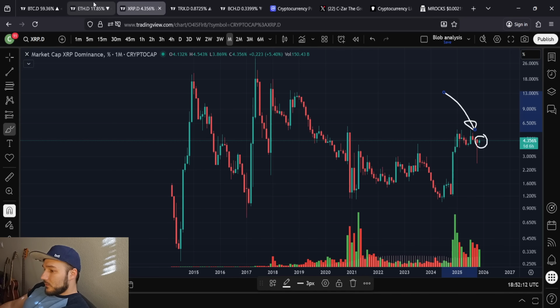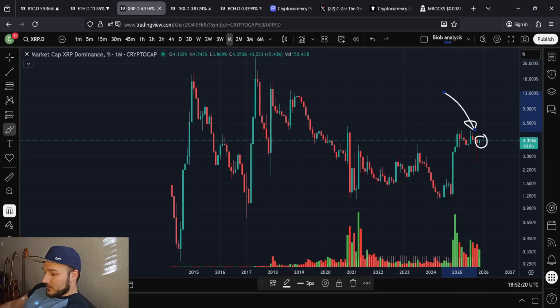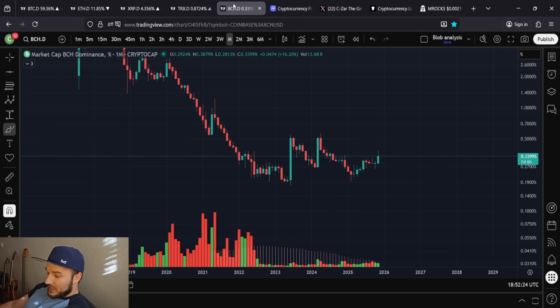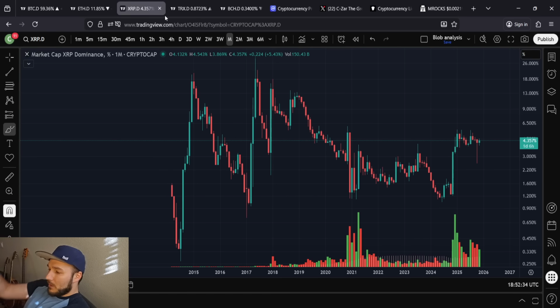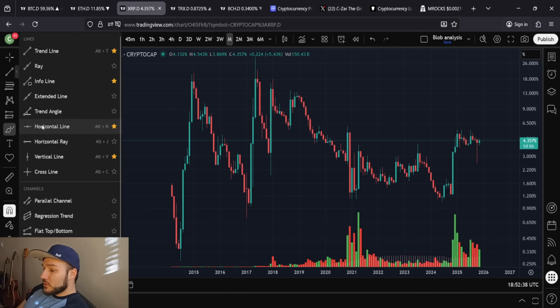So we're going to look at the XRP chart, the Tron chart, and the Bitcoin Cash chart now as a result of this. XRP dominance, if we're looking at this, we'll start first. Age before beauty. I guess technically Bitcoin Cash would be the oldest one out of these three. It hard forked in 2017, but its Genesis block shares the same as Bitcoin, so technically it is the oldest. But we're going to go with XRP. We'll go market cap before beauty. How about that?